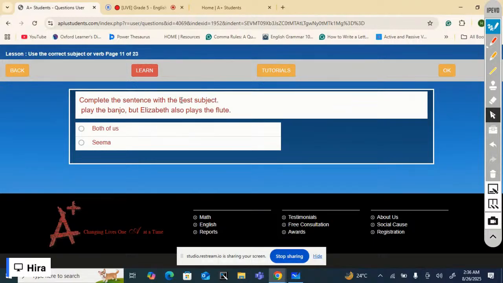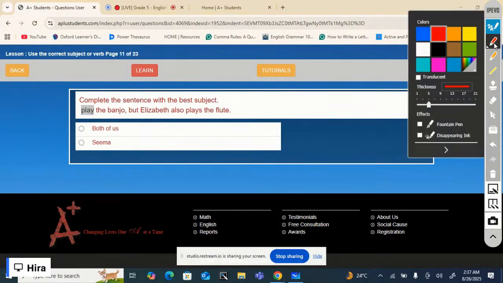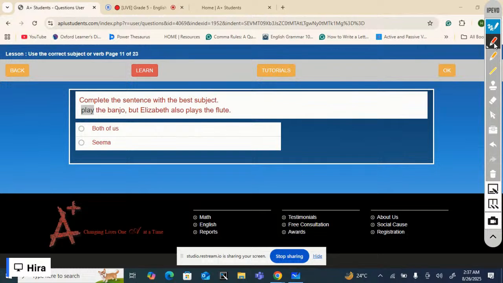Now, complete the sentence with the best subject. Blank play the banjo, but Elizabeth also plays the flute. Play is the verb. The verb has no s or es at the end, which means play is a plural verb. Now you have to choose a subject. First, look at the verb. Play is a plural